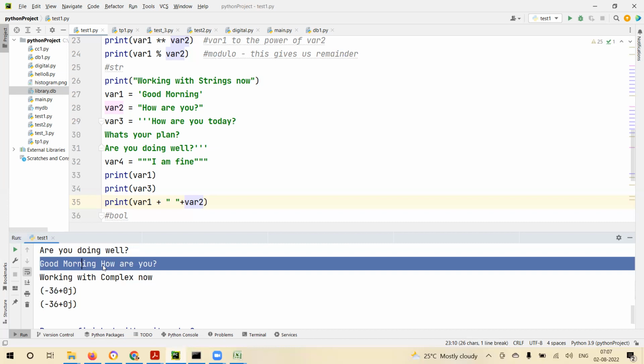Sir, int, float... find a data type. How to find a data type? First answer the question. How to find a data type? By checking their